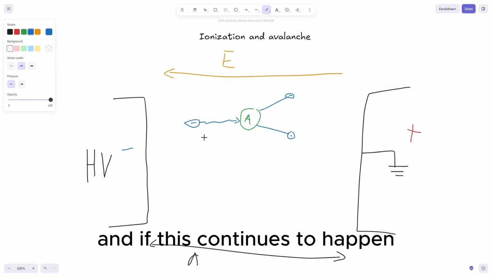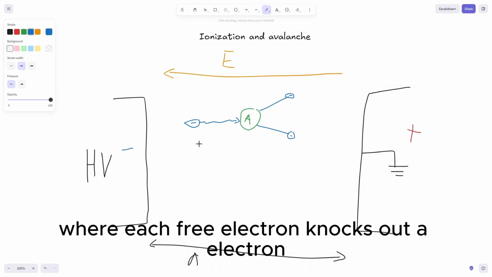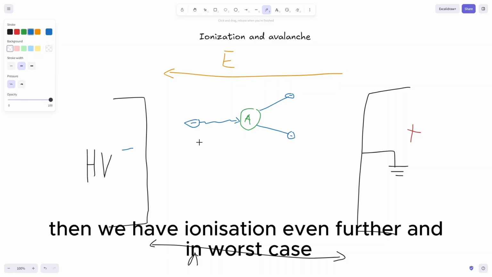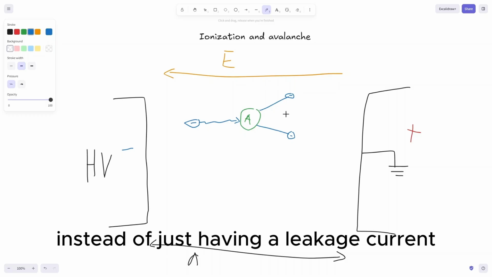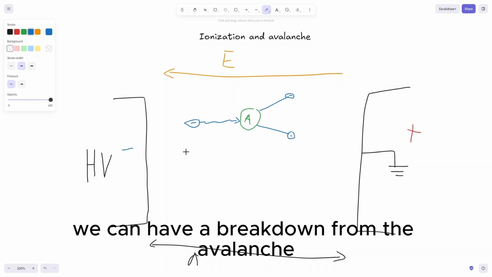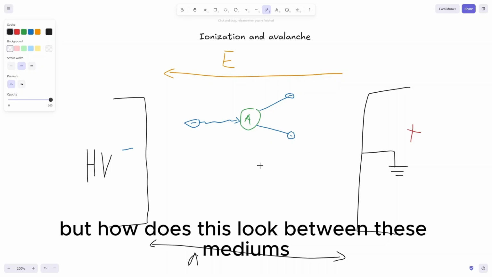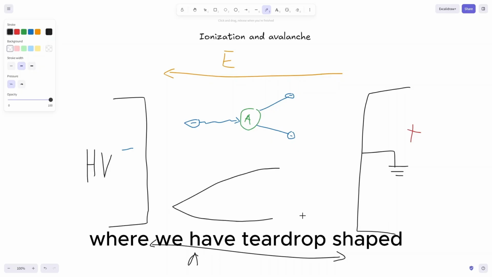And if this continues to happen, where each free electron knocks out an electron, then we have ionization even further. And in the worst case, instead of just having a leakage current, we can have a breakdown from the avalanche. But how does this look between these mediums? Well, it looks sort of like this, where we have a teardrop shape,